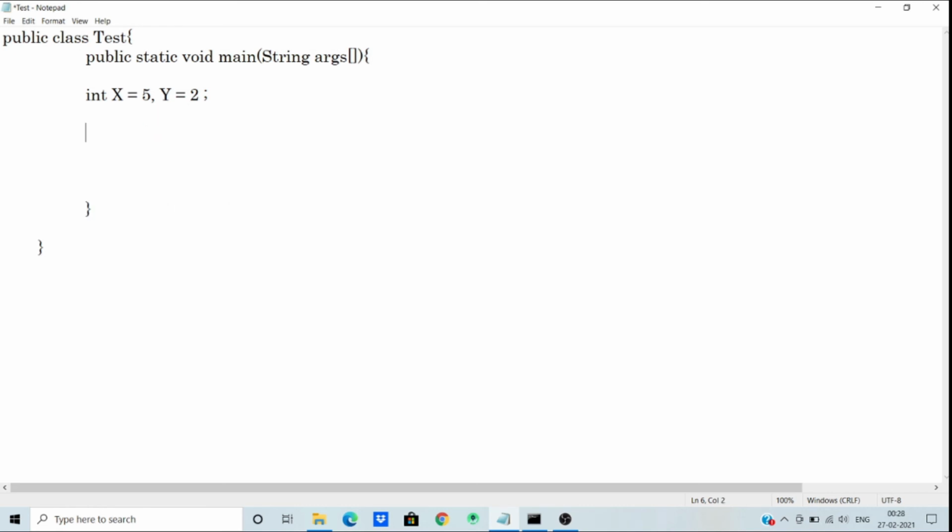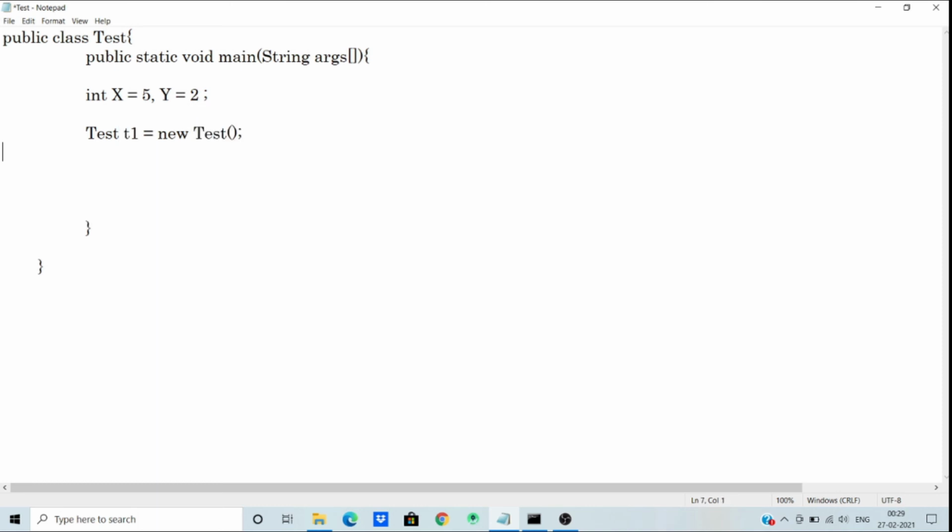Next one is instanceof operator, which checks whether an object is an instance of a class or not. So to make an object t1, we use the new keyword. t1 is an object of Test class.